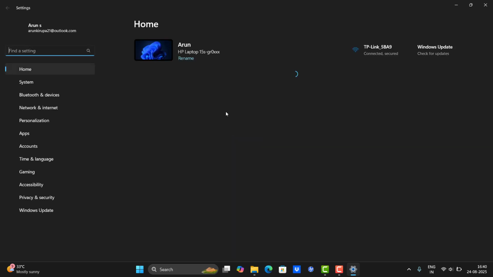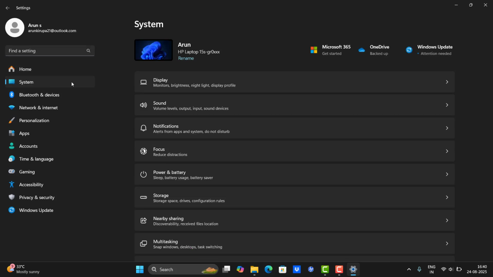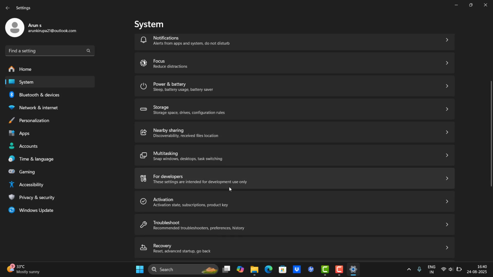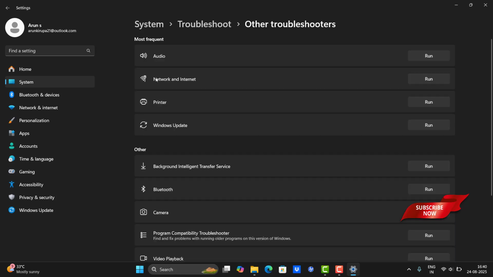Our first step is to check and troubleshoot the internet connection. For that, you need to enter into your settings, following troubleshoot, and click other troubleshooters, and you may see Network and Internet. You need to run the troubleshooter on Network and Internet. Just click run,